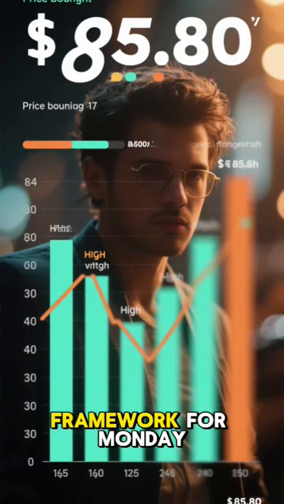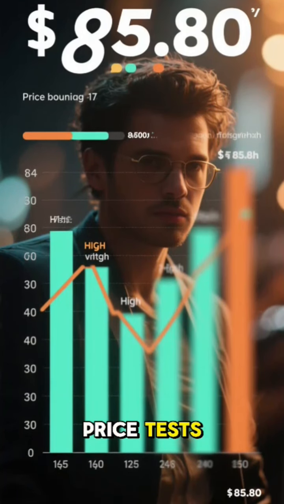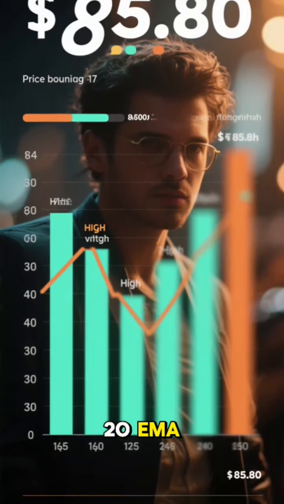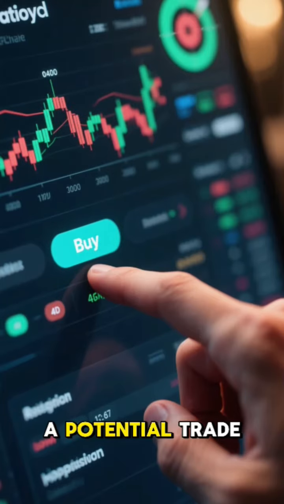Here's an educational framework for Monday. What if the price tests the RBI level of 85.80, bounces off the 20 EMA, and shows high volume? Then potential trade idea could be